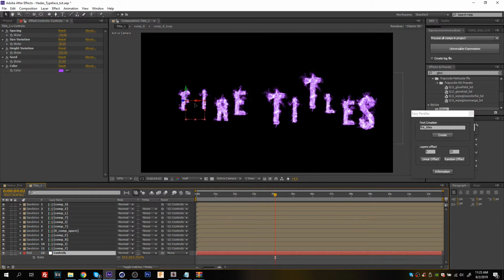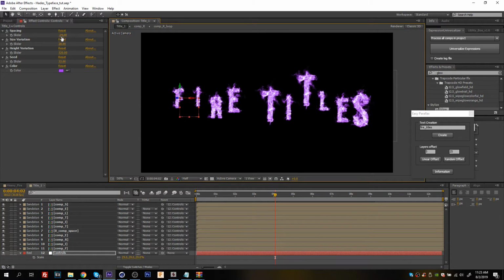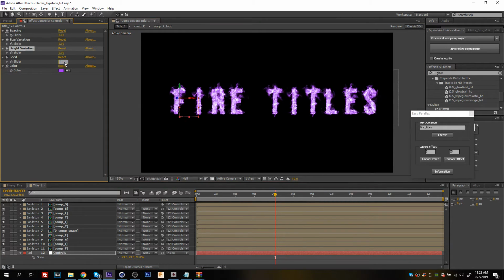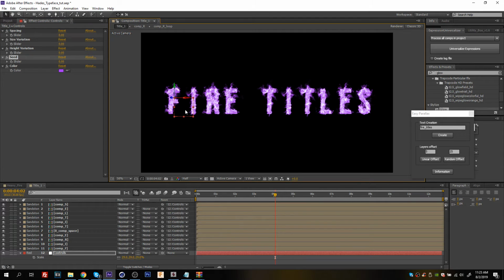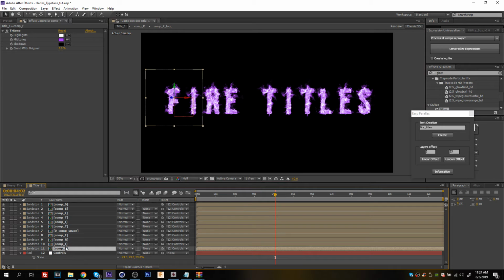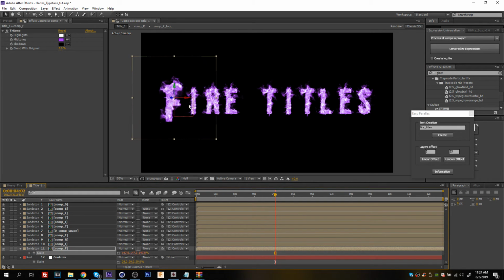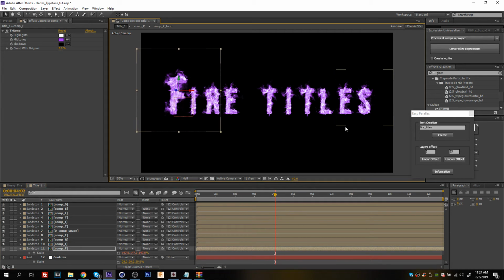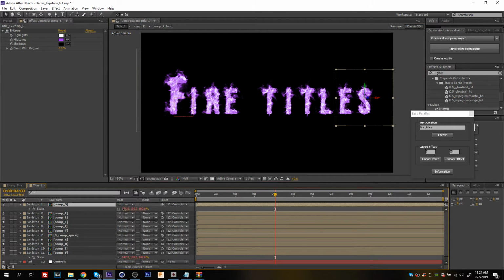Alright, so we can reposition and readjust our text. Let's set all of these to 0. And of course you still have individual control over each letter. So for example, let's say I want to grab my F, so I'll just look for my F comp, press S for scale, and I can readjust the scaling for this and readjust the positioning. And let's see, maybe grab the last S here as well, and also press S for scale and readjust and